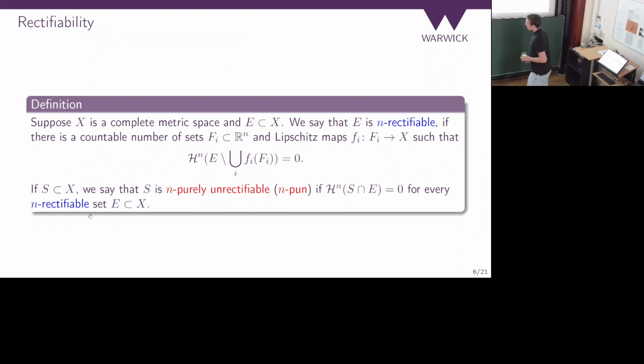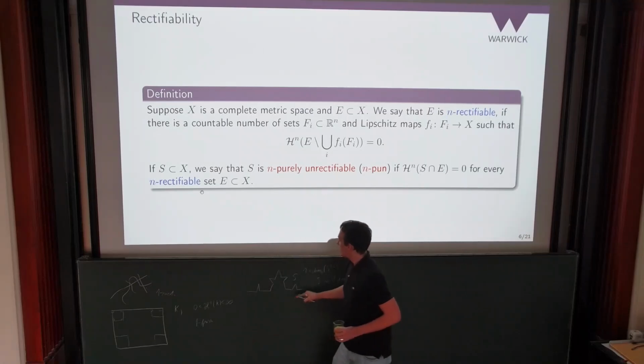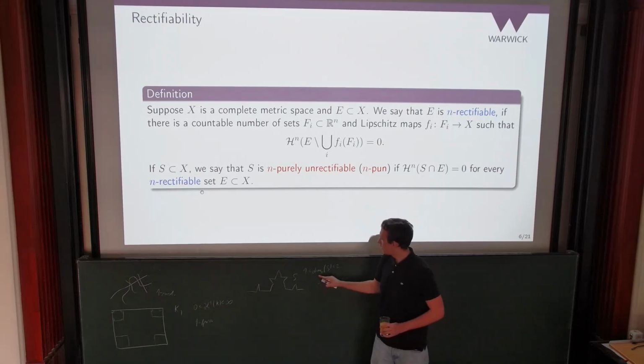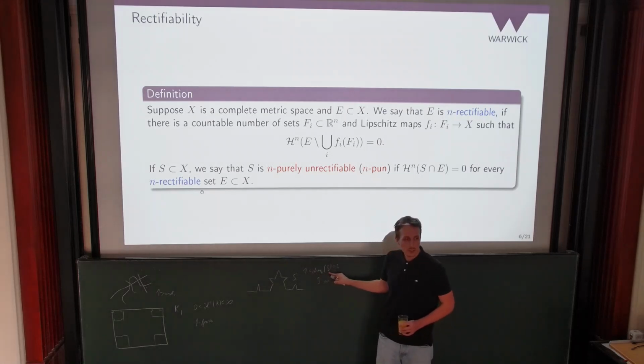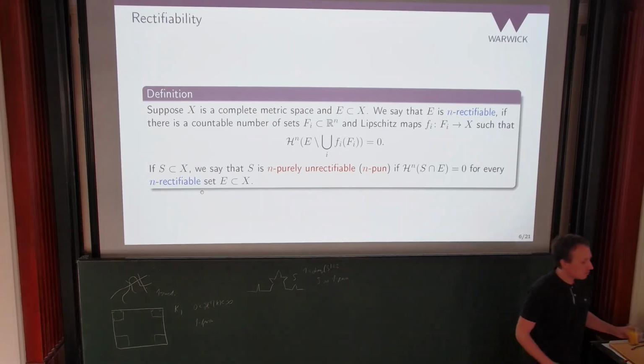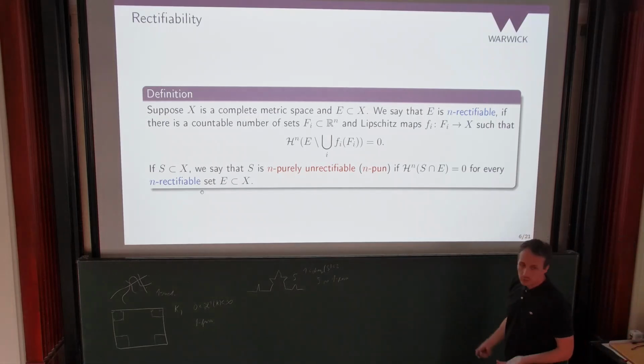And one big thing to see is that this one is very disconnected, which is what you expect in the purely unrectifiable case, and this one is very connected. So this is a little bit counterintuitive, and this is allowed to happen precisely because of the dimension here. If you have a purely unrectifiable set of finite length, it has to be totally disconnected. It needs to be very diffuse. But the moment you drop that condition, that doesn't need to happen anymore.